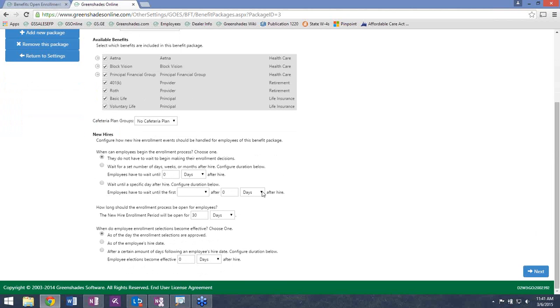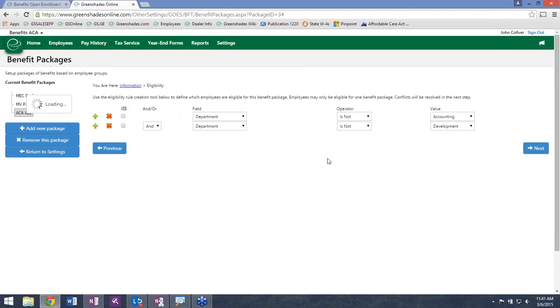package. The next step is to put the new hire rules in place. These new hire rules are also going to apply to the status changes. So when somebody's added to the Dynamics GP environment and they're associated with a certain class or division, whatever one of the rules is that we put in place as an eligibility rule for a benefit package, they'll be then prompted to enroll in that benefit based on these rules under the new hire section.